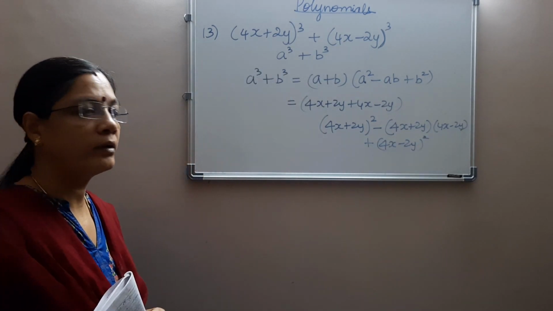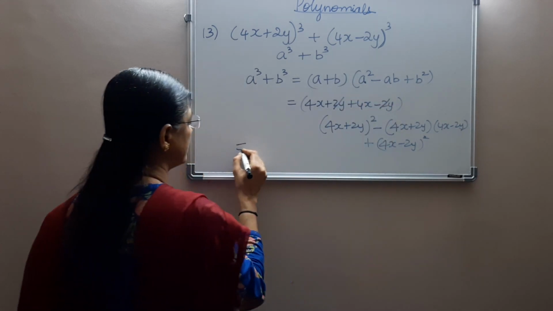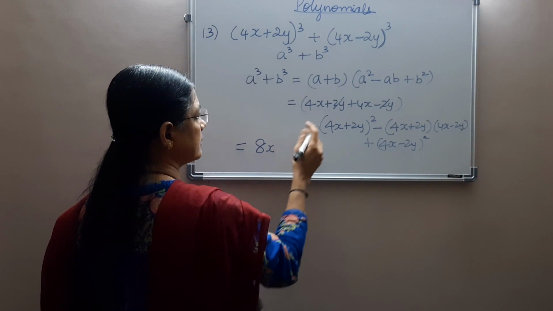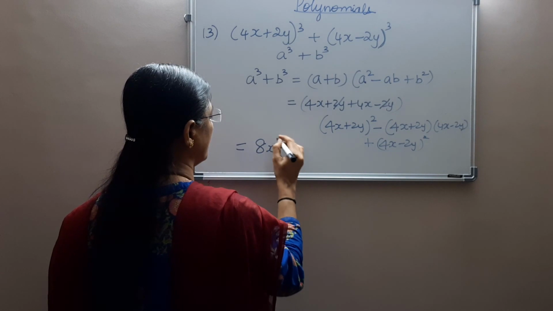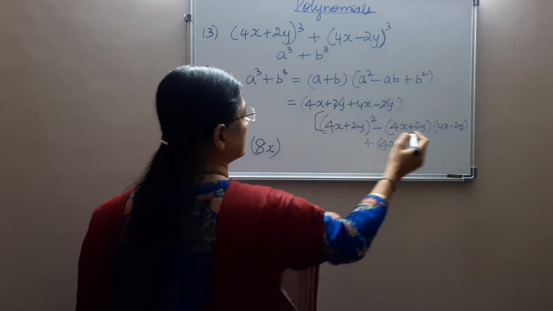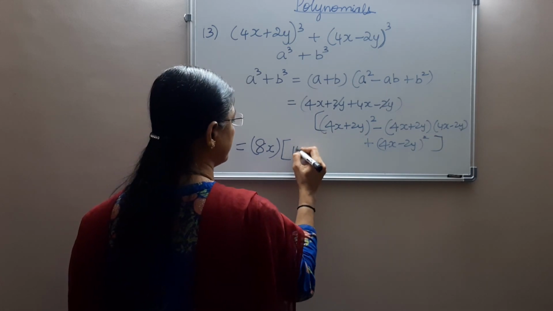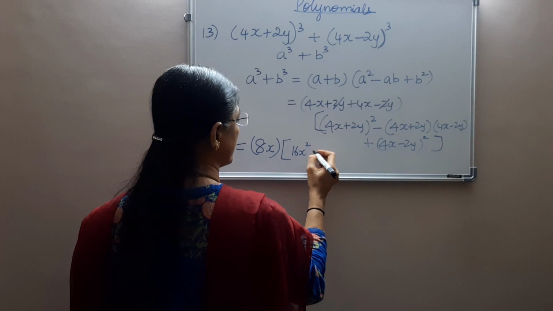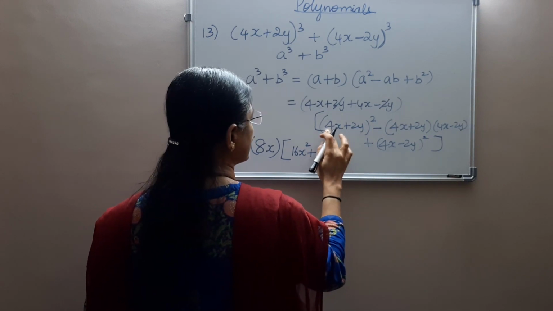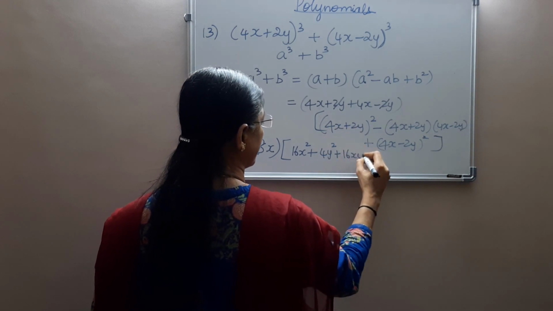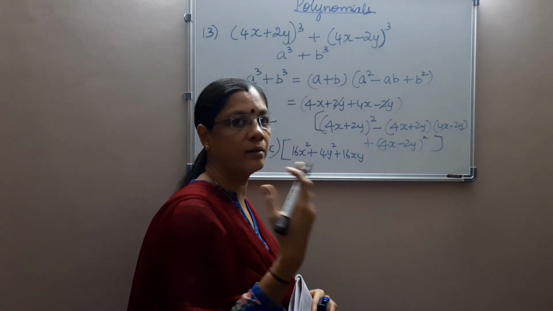So it will somewhat be a lengthy problem, but you can do it. So 2y gets cancelled. Now what will be the answer here? 8x. So this will give you 8x then into, or I can put it in the bracket. Now you have (4x plus 2y) the whole squared. So this will give you 16x squared, a plus b the whole squared. So 16x squared plus 4y squared plus 2 times 8, that is 16xy. Okay, and this will give you a plus b into a minus b, that is a squared minus b squared.